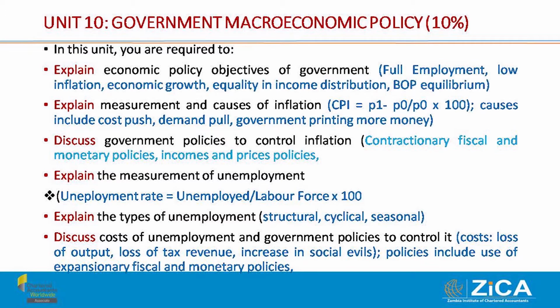Lastly, unit number 10 deals with government macroeconomic policy, which is rated 10%. Here, what candidates are required to understand are the issues to do with the economic problem. Understand what is unemployment, what causes unemployment, how is unemployment measured, what are the types of unemployment, what should the government do in order to correct the problems of unemployment, including the costs of unemployment when it is very high